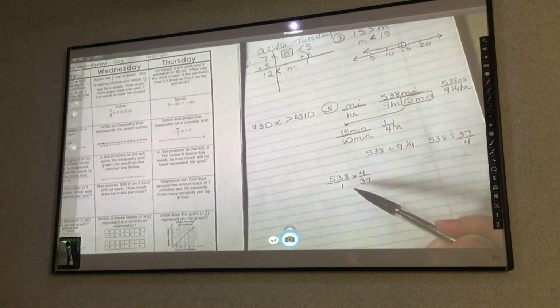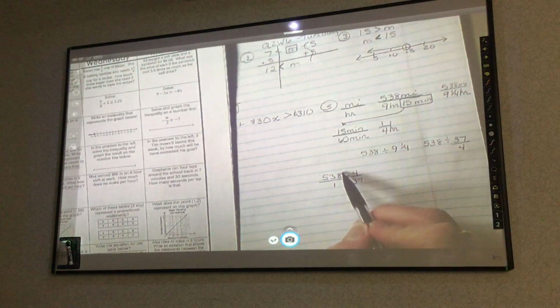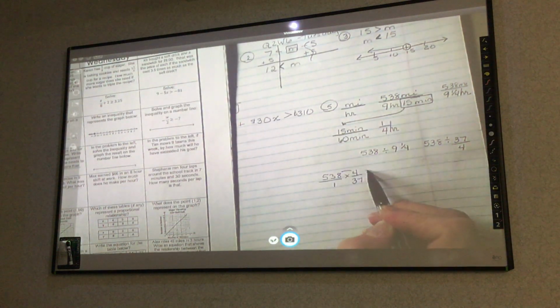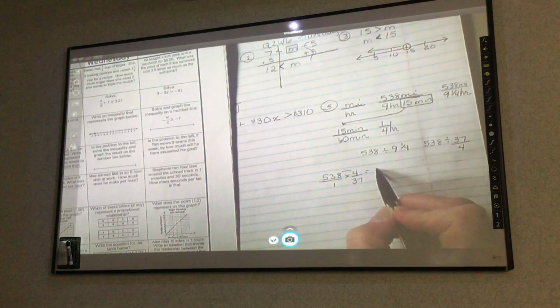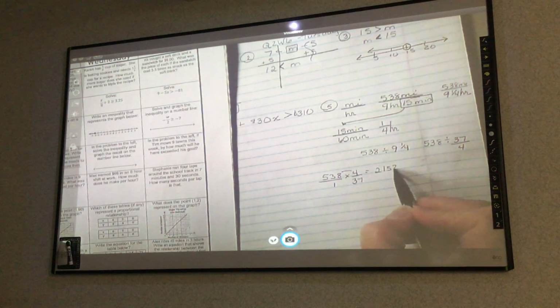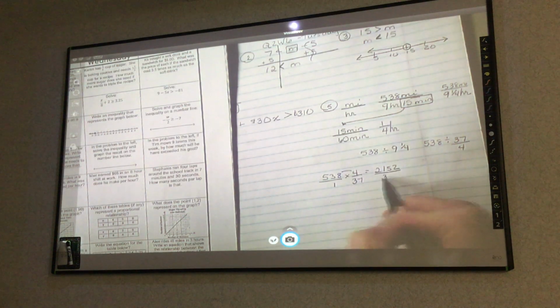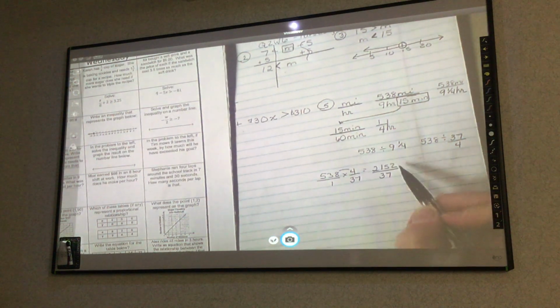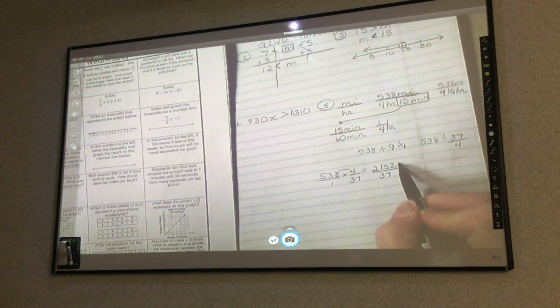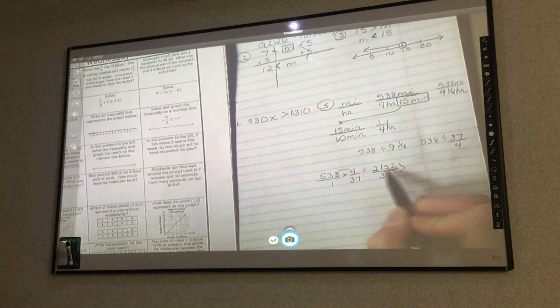You're showing me that you're setting it up, and then it's 538 times 4, which is 2,152 over 37. If I just put this in my calculator, 2,152 divided by 37,